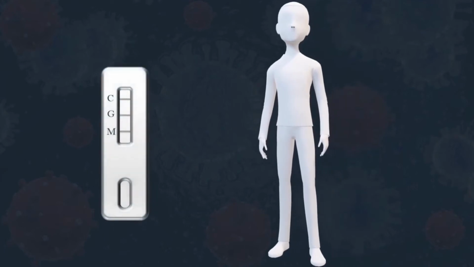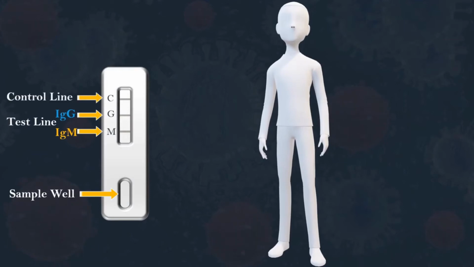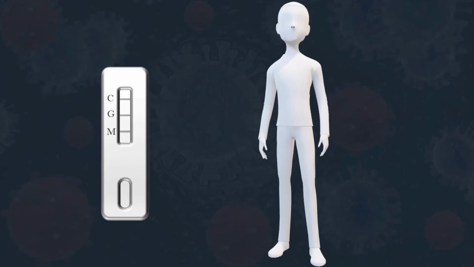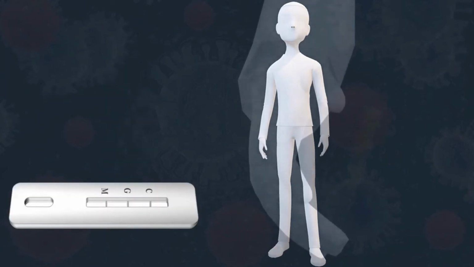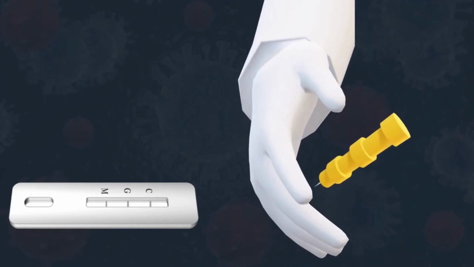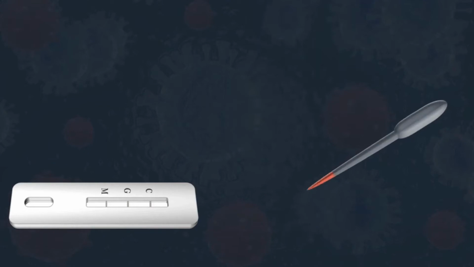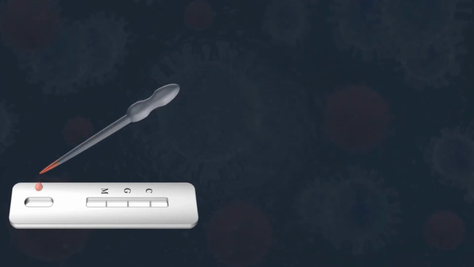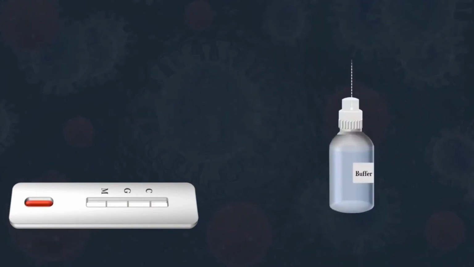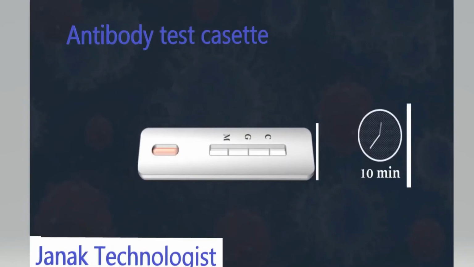The COVID-19 antibody test is used to detect the presence of anti-SARS-CoV-2 IgM and IgG antibodies in human whole blood, serum, or plasma samples by using cassette-based systems. To perform a test, the cassette is placed on a level surface at room temperature, then one of the fingers is punctured with a lancet, and a plastic dropper is used to take several drops of blood. Then one drop is added into the sample well. Finally, drops of a buffer are added into the sample well to facilitate the test, and the cassette is incubated for 10 minutes at room temperature.